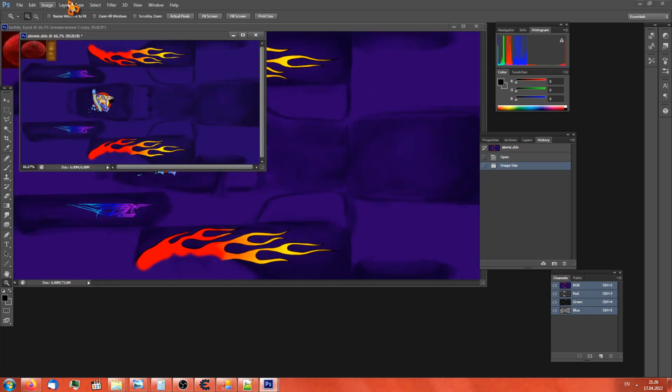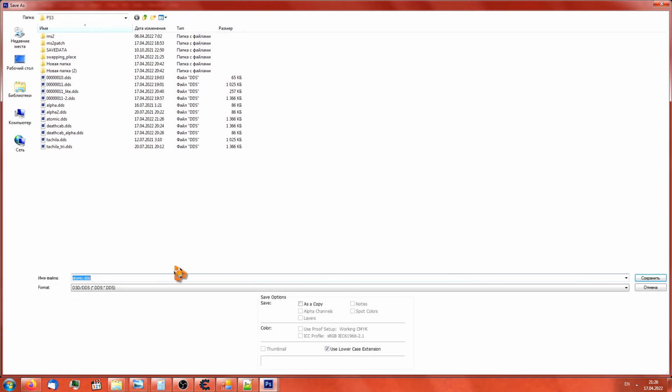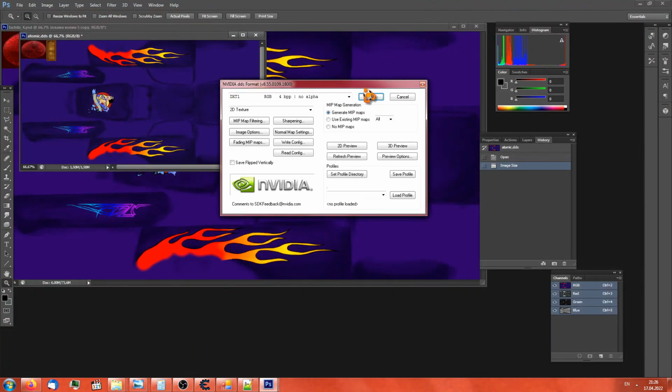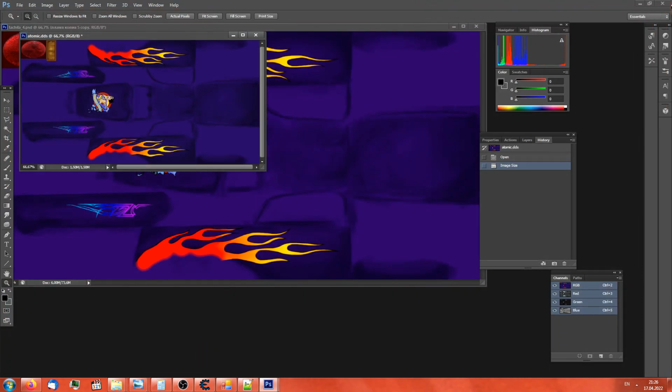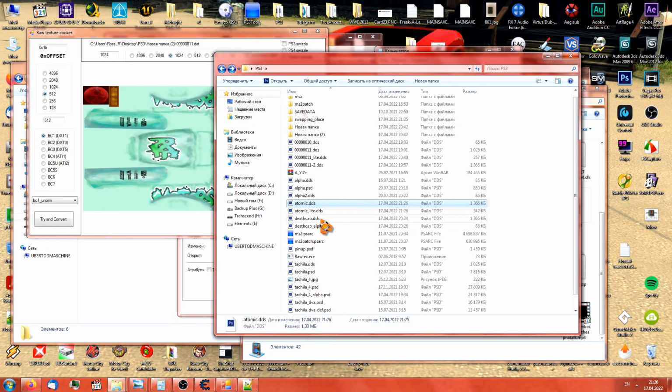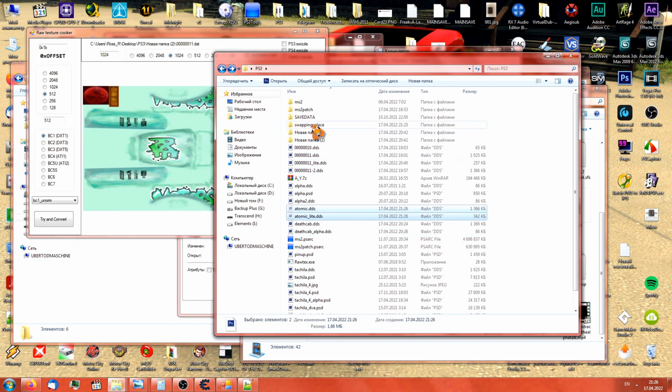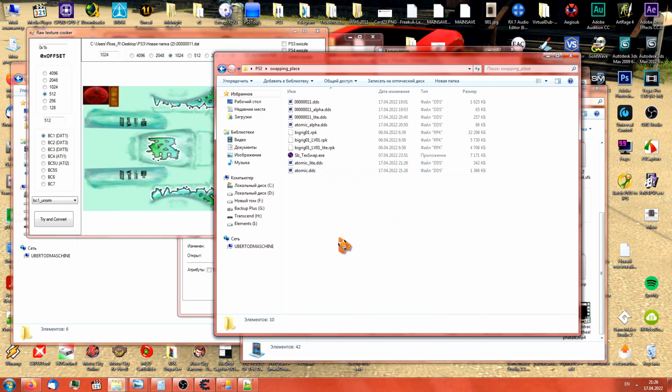1024, and let's call it accordingly atomic light, like this. DXT1, yes. So alpha I've already done and saved, and now let's put it here. So all we have to do now is to place these new textures into our RPK files, and as I've